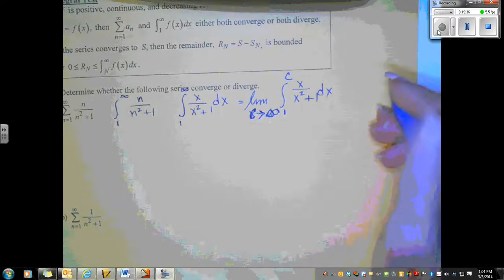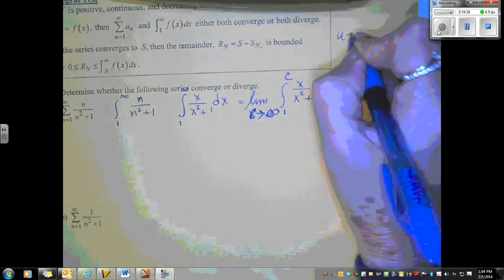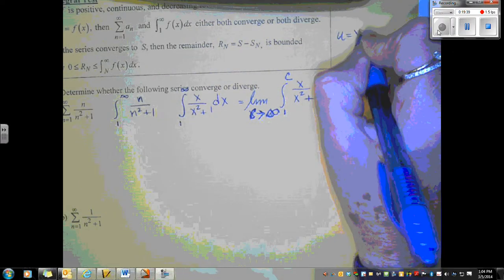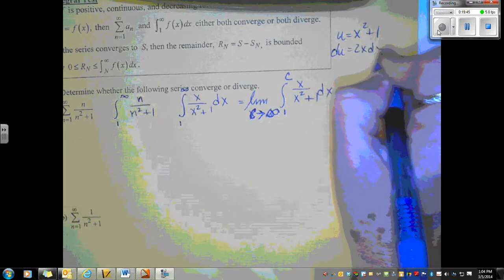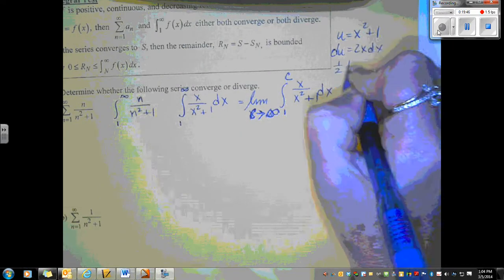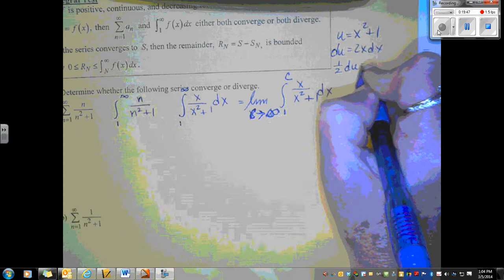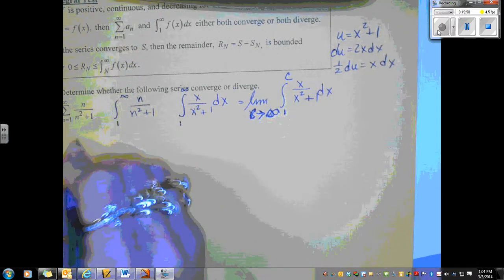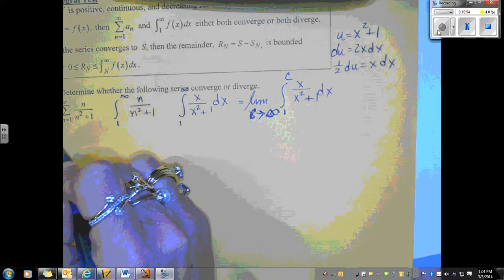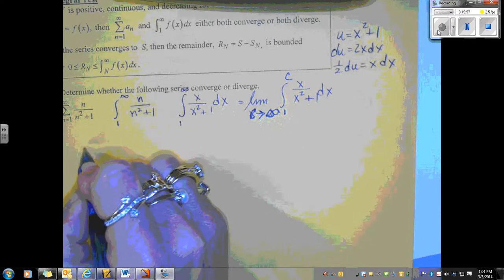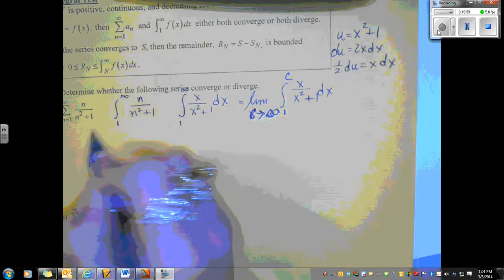You can use substitution. u equals x squared plus 1. du equals 2x dx. 1/2 du equals x dx. So now I'm still going to have the limit thing, right? But I'm going to go from 1 to some c